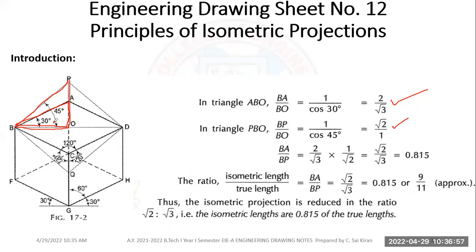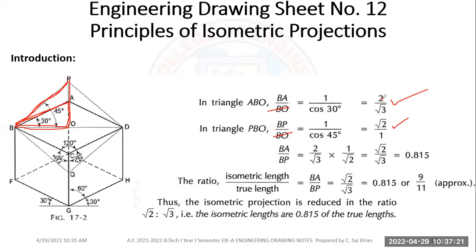So now I need to calculate what is the reduction length. This is the smaller length and this is the maximum length. BA by BP I need to calculate. If I make the calculations, BO and BO get cancelled. So BA by BP value comes as